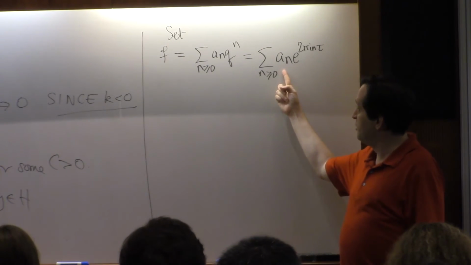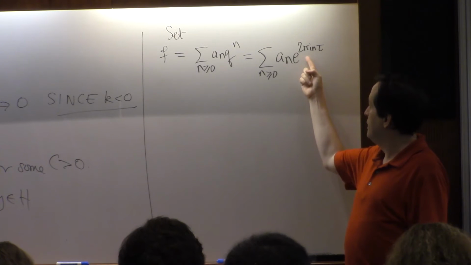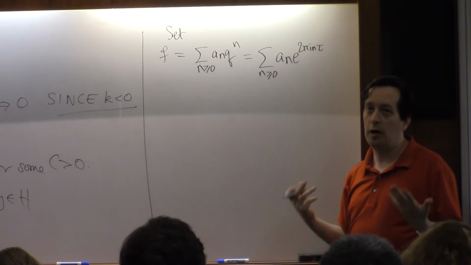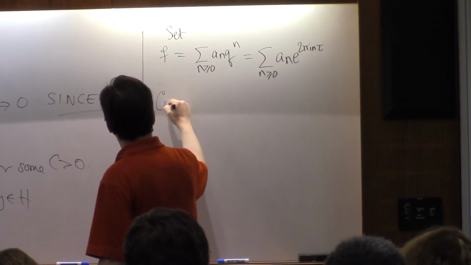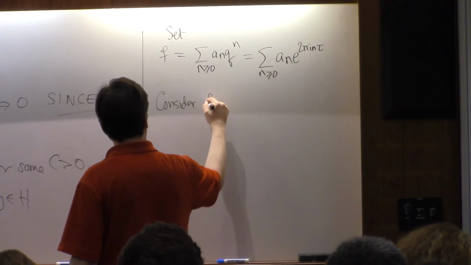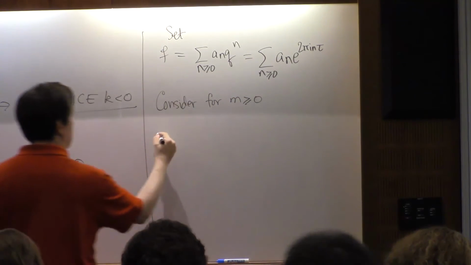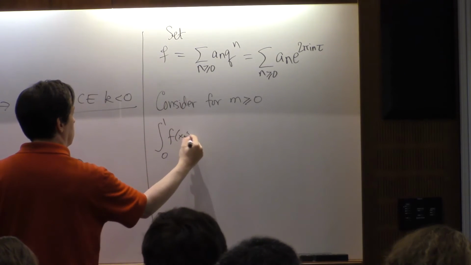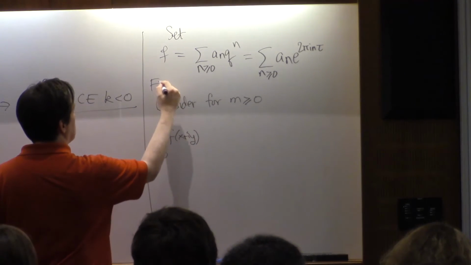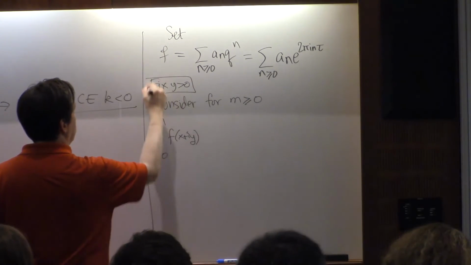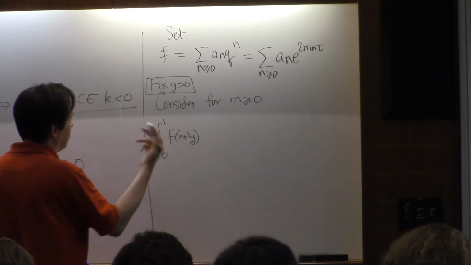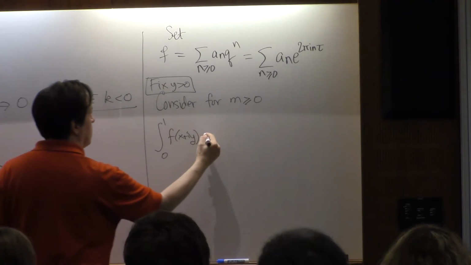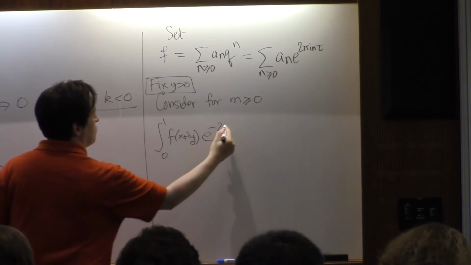So the way to extract the coefficient, since you're multiplying by an exponential, is to use the orthogonality relations between complex exponentials. So what we're going to do is consider, for an integer m at least 0, integrating from 0 to 1 f of x plus iy. I'm going to fix a positive number y. Well, fix it, but I'm not actually going to tell you what it is, because later we're going to make it move. But anyway, fix the y, and now I'm going to integrate this against e to the minus 2